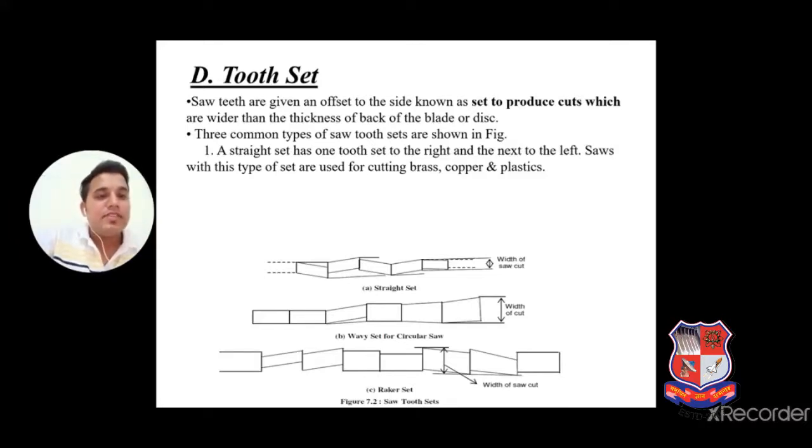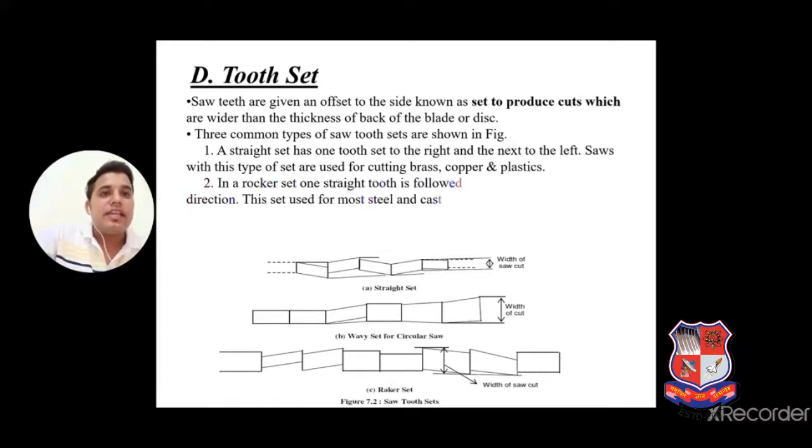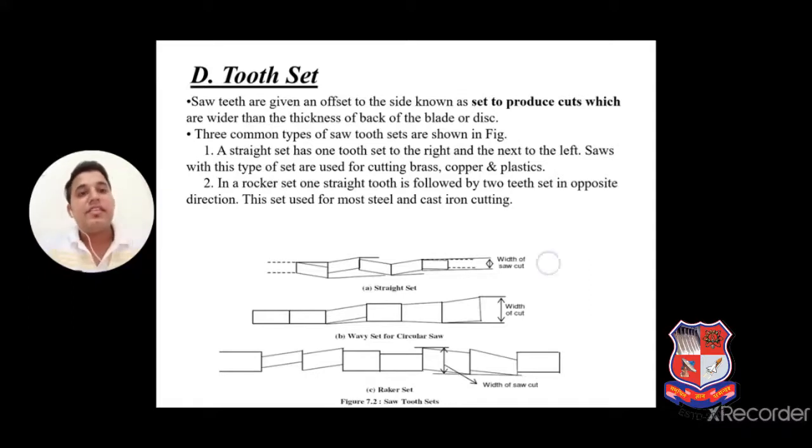Now the second one is the rocker set for circular saws. In the rocker set, one straight tooth is followed by two teeth. In the first only one tooth is followed, and in the second a two-tooth set is there. This set is used for cutting most steel and cast iron. So it is particularly used for ductile materials. And the third one is the